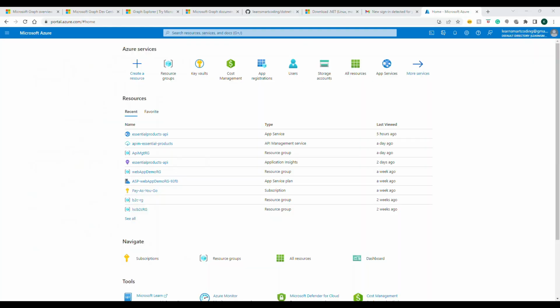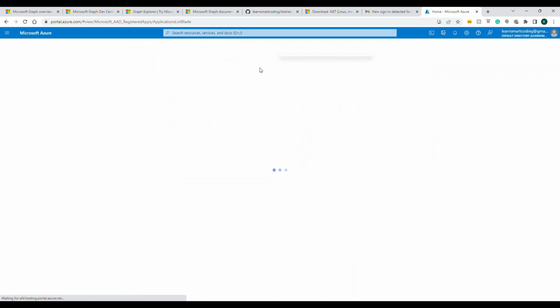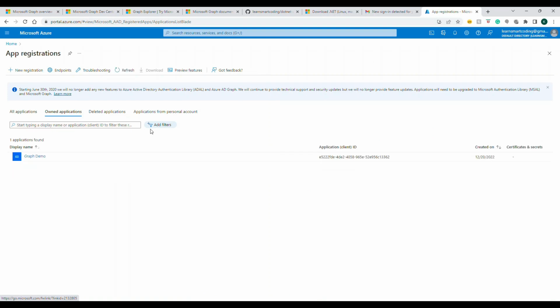So before we take a look at the code and replace some IDs, there is one important thing that we have to do, which is the app registration. So basically when you come to your portal, I've logged in with my learnsmartcoding@gmail.com. Once you come here, there's something called app registration. You can either type it here. For me it's already there because I've been using it. So once you go there,